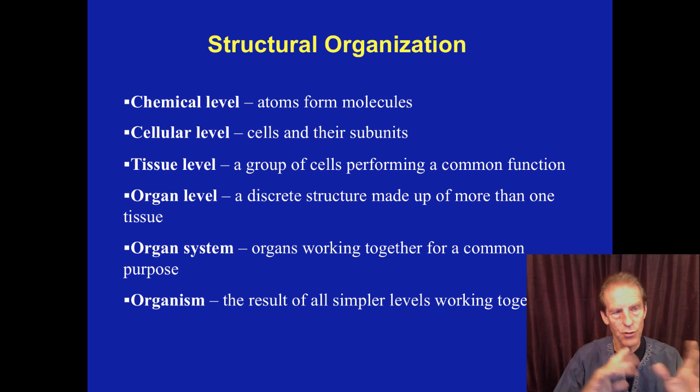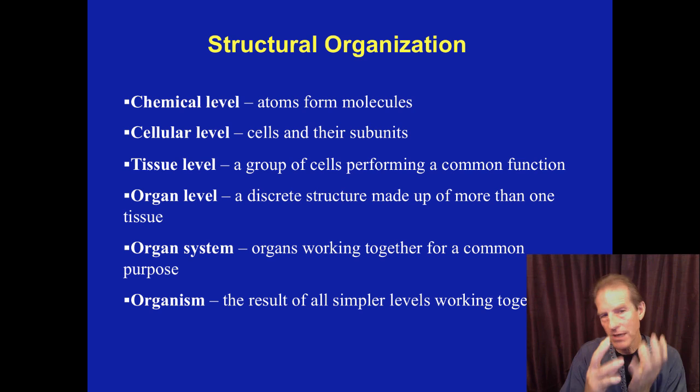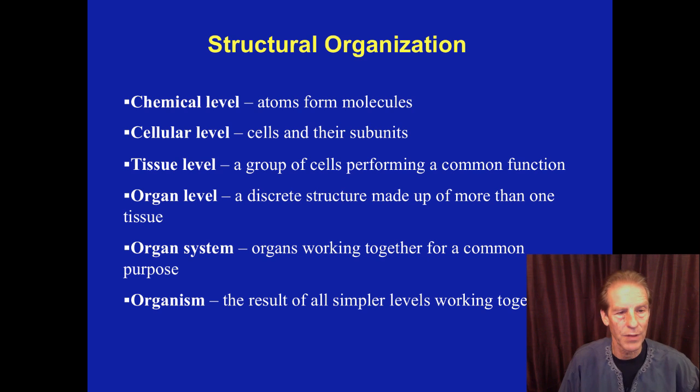And those cells come together to perform a similar function, and you have your tissue level of structural organization. And then these different tissues come together to again orchestrate a certain chemical movement or biological movement in the body, and this would be at the level of the organ or the organic level. So the liver being made up of various tissues contributing toward the digestive and the chemical systems in the body. And then these organs will group together and sometimes work as a system.